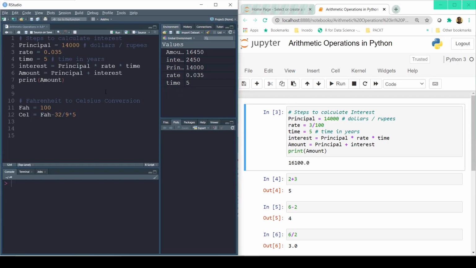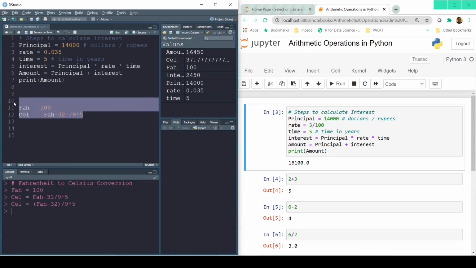Now we have not put any brackets here. So if I execute the line for Fahrenheit, which is 100, and now I execute this line for Celsius, it gives me the value as 82.2. And we know for sure this is not the right answer. So just to ensure we have the values correctly incorporated, we have to put the bracket notation correctly. So Fahrenheit minus 32 in brackets, divided by 9 into 5. And once we click the run button, now we have Celsius as 37.7. So there's a mild temperature for that person. He has to take care of his health.